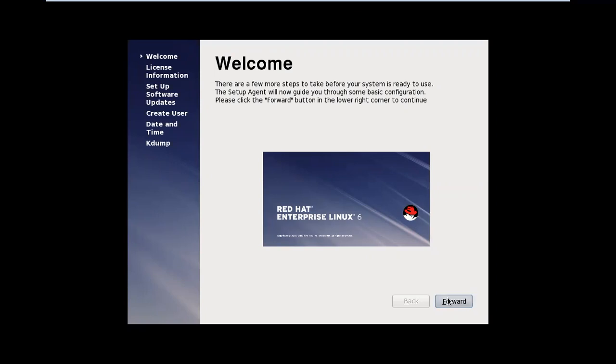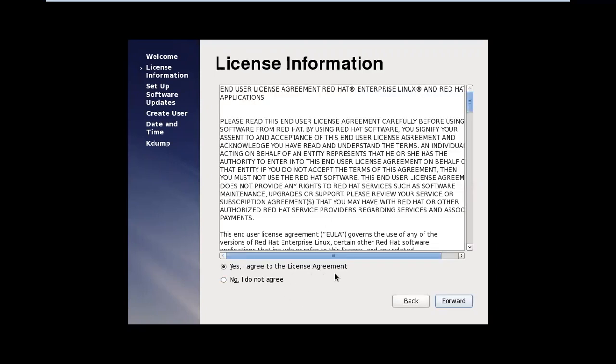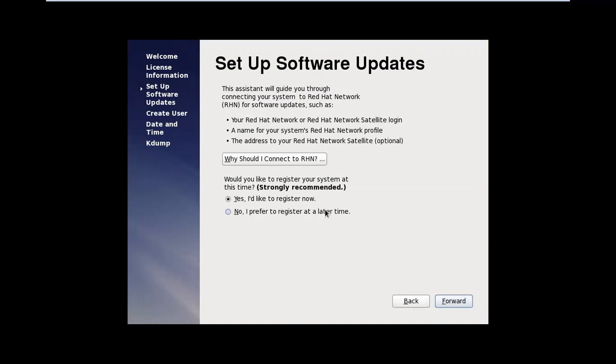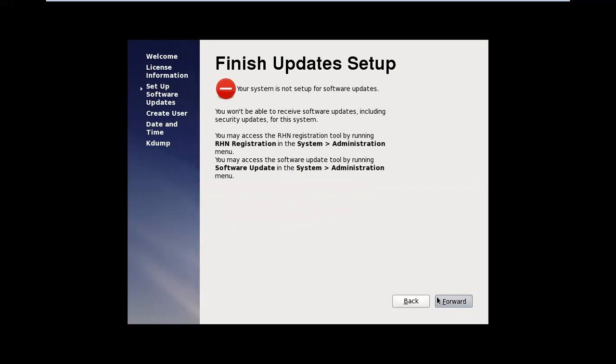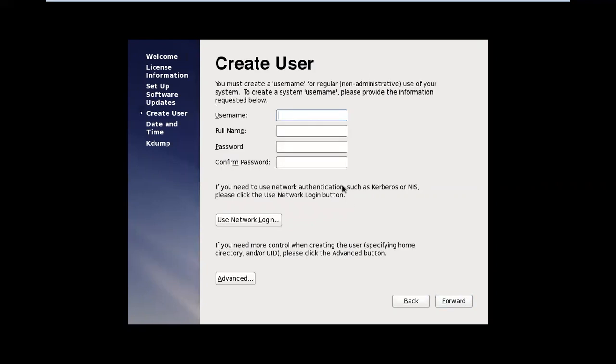Click on forward. Yes, agree to the license agreement. Do you want to register with the RHEL site? No, prefer to register at a later time. If you have an authorization, we can register directly with the Red Hat site. No thanks, I will connect later to Red Hat network. Click on forward. Here you can create the account. In RHEL8, we did this user creation during the installation process only; in RHEL6 we do it after the installation process.